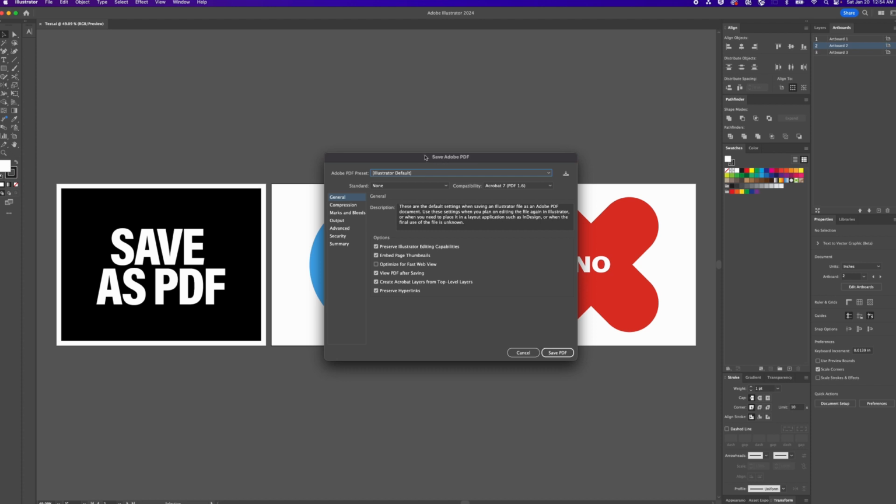For our uses though, we do want to just come here to these options, and we want to unclick everything except view PDF after saving. Some of these options are helpful to have, but for our purposes we won't need them, and they'll just be adding size to our file that we don't want. So let's click Save PDF,